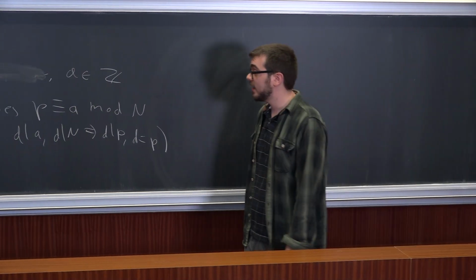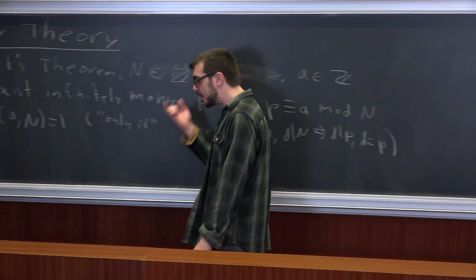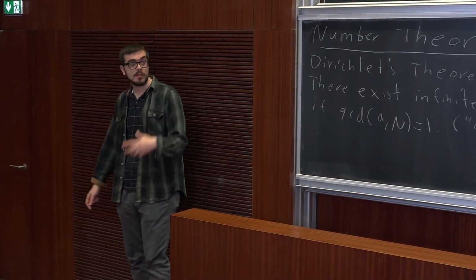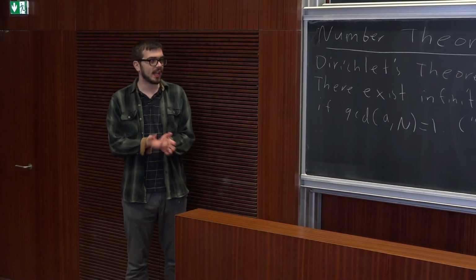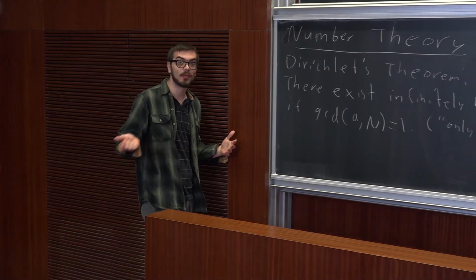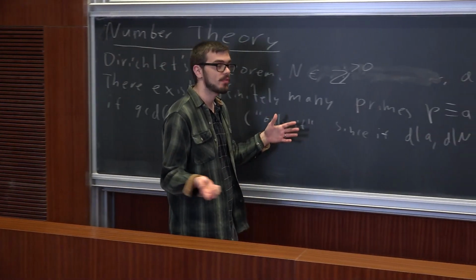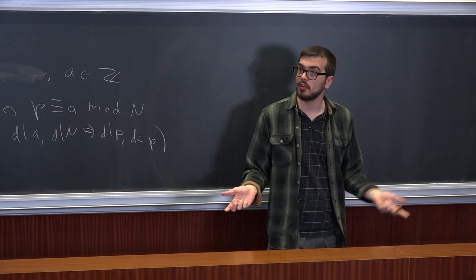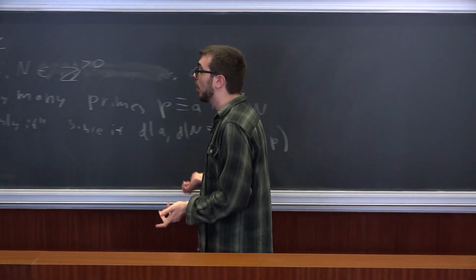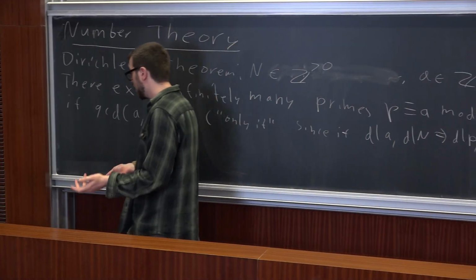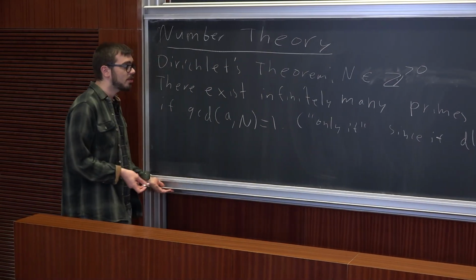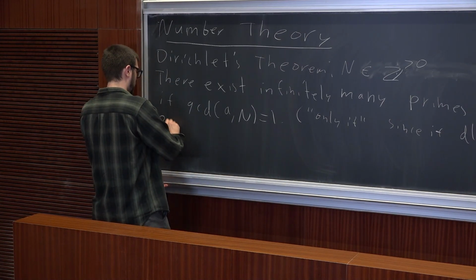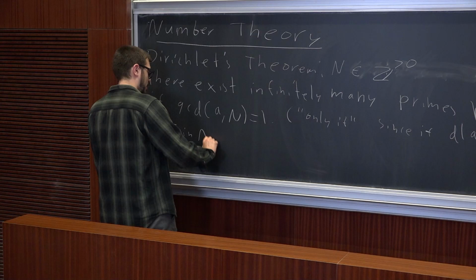This is not a very precise statement. Just to say that there are infinitely many, it would be more useful to know where on the number line you see some of these primes. So one wants to know not just how many there are in the whole number line, but how many there are in a particular interval. A more precise theorem is the prime number theorem in arithmetic progressions,